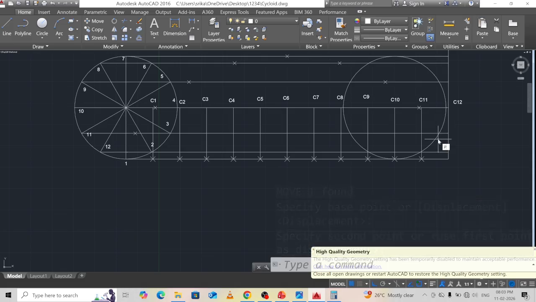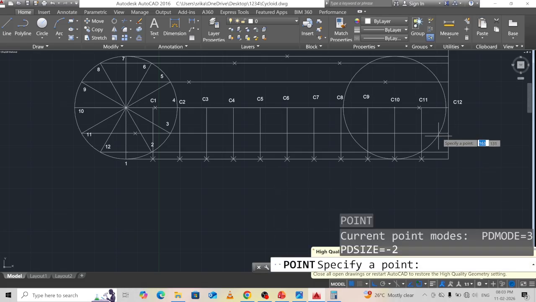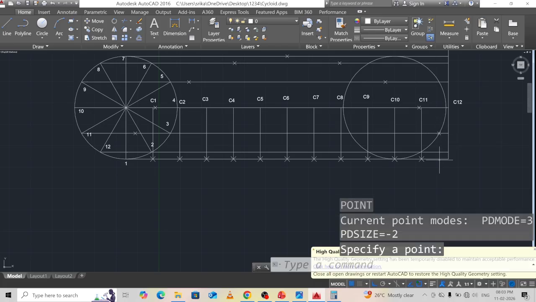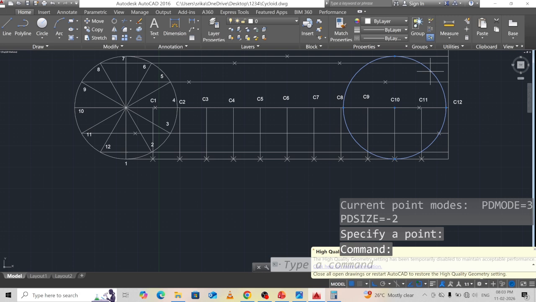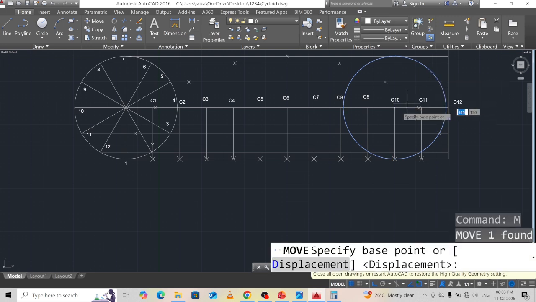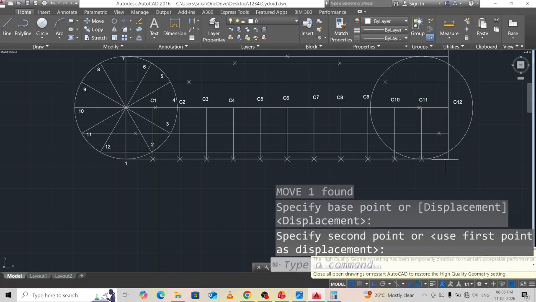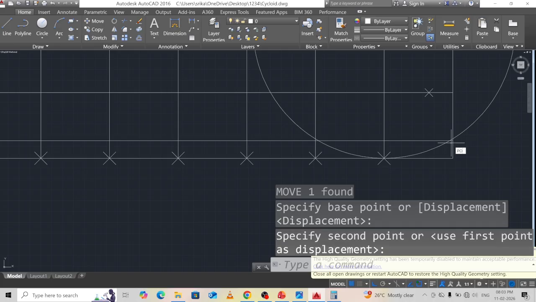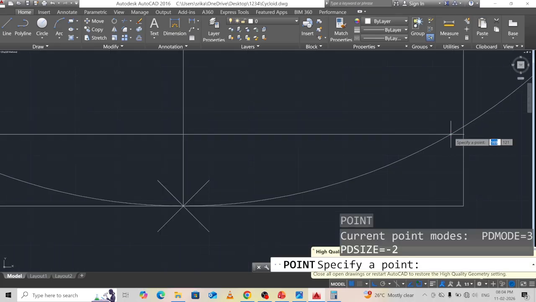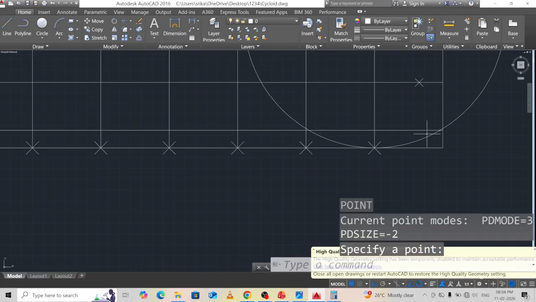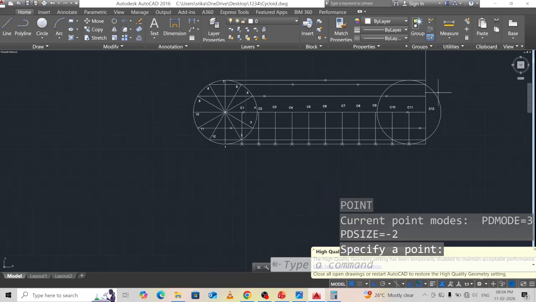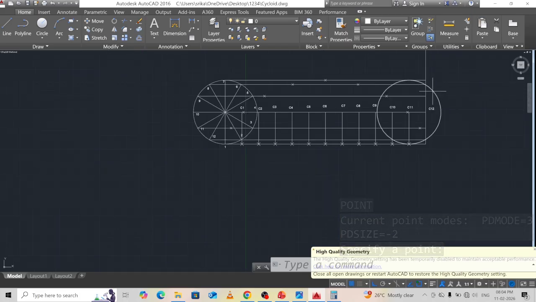this is the point location, type PO, enter. Okay, so this is this one. Okay, then so again click on the circle, M, enter. C10 to C11. Okay, this is the location of point C11. So the intersecting point is this one, PO, enter. Okay, then after completion of these points, you can select it,